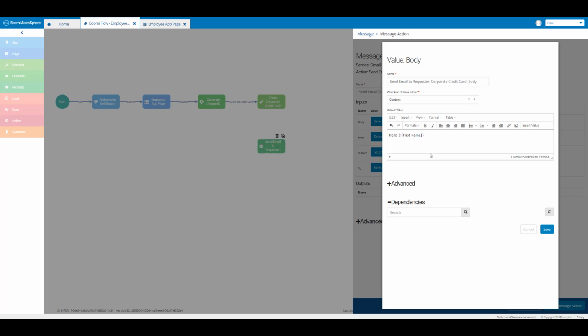And then place a comma after that. And then use the return or enter key to drop down a line. And I'm going to enter your request for a corporate credit card has been successfully submitted, period. Please allow 7 to 10 business days for your card to arrive. And then after entering that, I'm going to drop down another line and enter the text, please use your unique